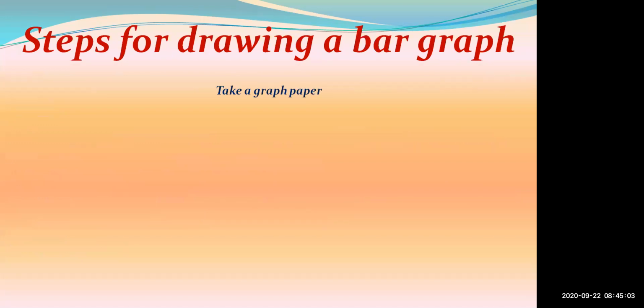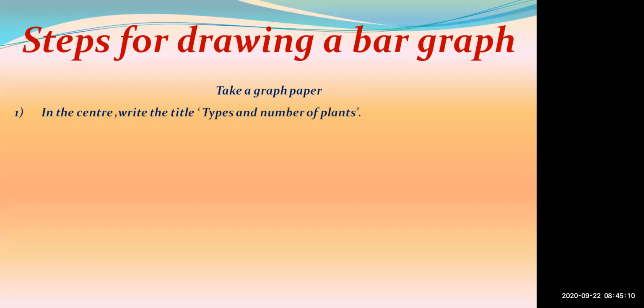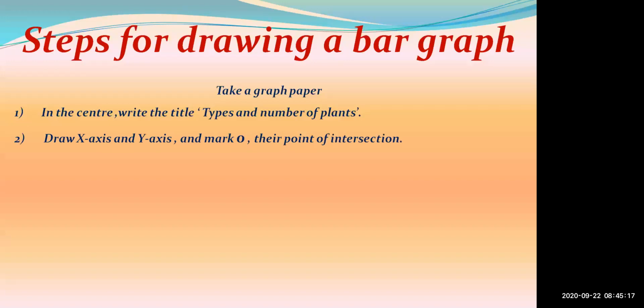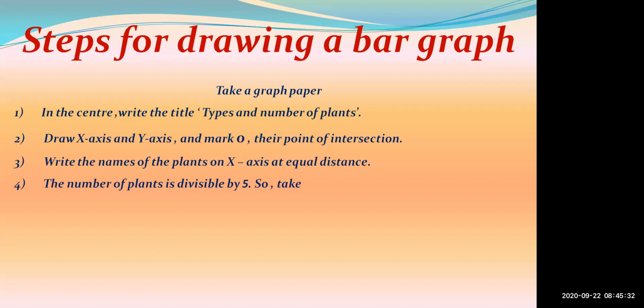First we will take a graph paper. Then we will represent all this information on that graph paper. First we will take a center. On the center, we will write the names of the plants. Then we will take the x-axis, then the y-axis. Then we will take a point of intersection O. Then what is our third step? Write the names of the plants on the x-axis at equal distance. Then the number of plants is divisible by 5, so we will take a scale of 1 centimeter is equal to 5 plants